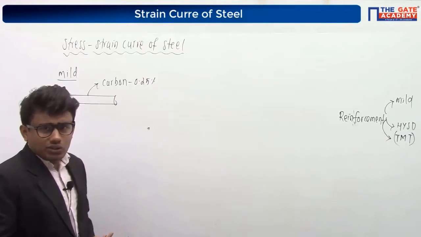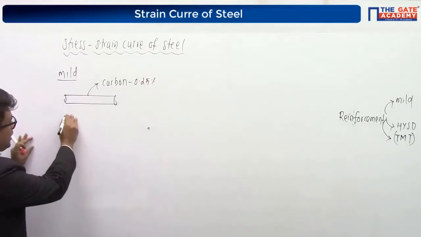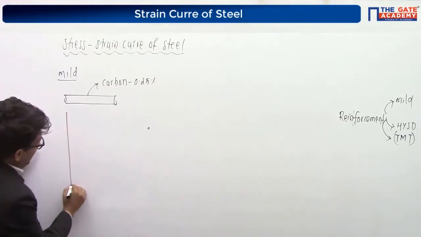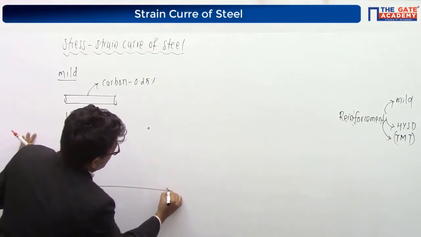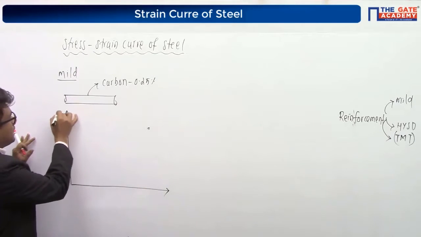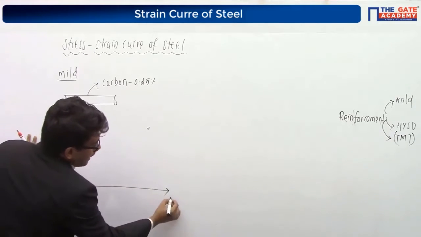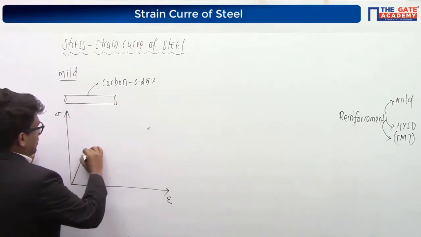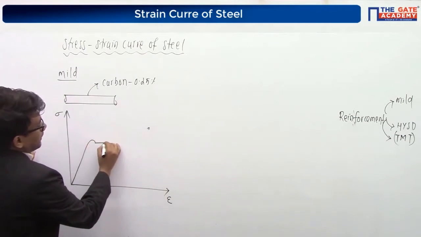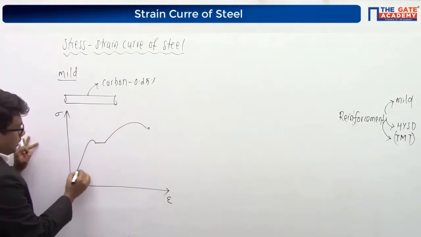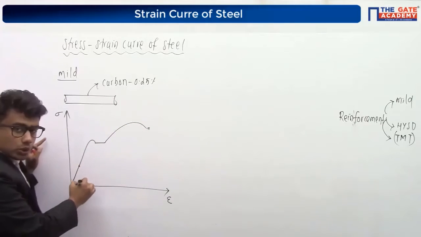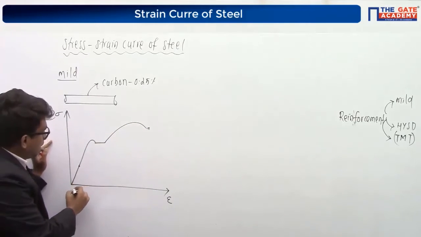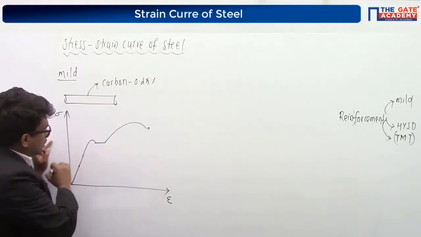We already know the stress strain curve of this mild steel bar, right? So we have discussed it. The stress strain curve of the mild steel bar: in the y-axis we will have the stress, in the x-axis we will have the strain. If you draw the stress strain curve of mild steel bar under tension, you will get something like this. Correct or not? Till here, stress is proportional to strain, which is called the proportionality limit or elastic limit. Here it is the elastic limit.